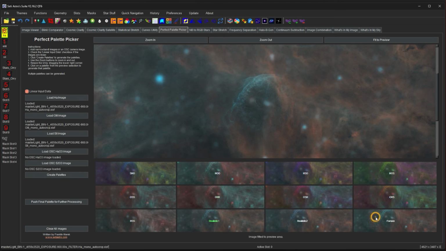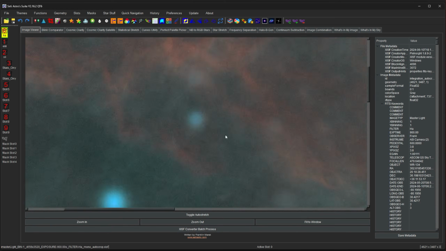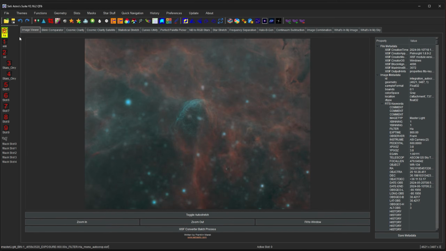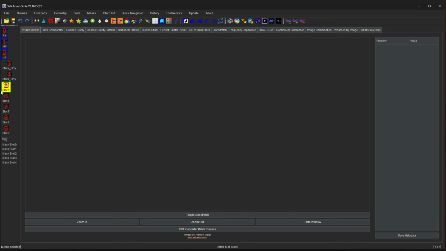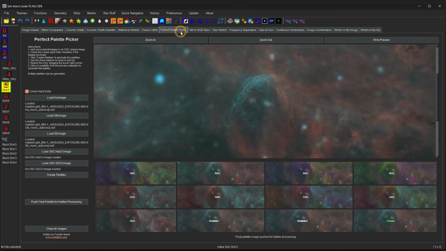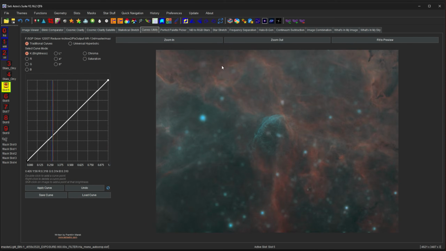And then when you find a palette you like, just click push final palette for further processing. And it says final palette image pushed for further processing. What that does is it overwrites whatever slot you're in. So now you can see slot 0 here has our new combined image. So what I recommend doing is clicking a different slot, like an empty slot, like slot 5 for my case, and then click push for final processing. And then it'll have it pushed to the active slot, slot 5. And now you can continue on with curves or any of the other functions we haven't even talked about yet,